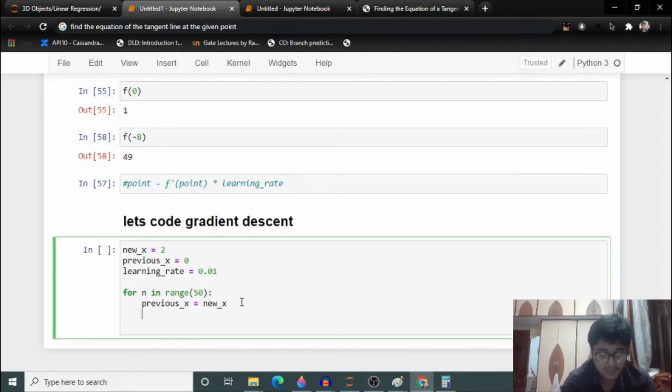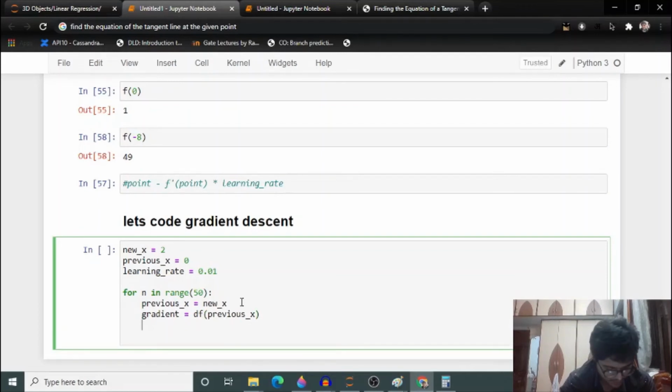Put gradient guys, that means the derivative. So we know the derivative, we just call this function df, and df at previous x guys. Our new x will be like we did here. Let me show you again.